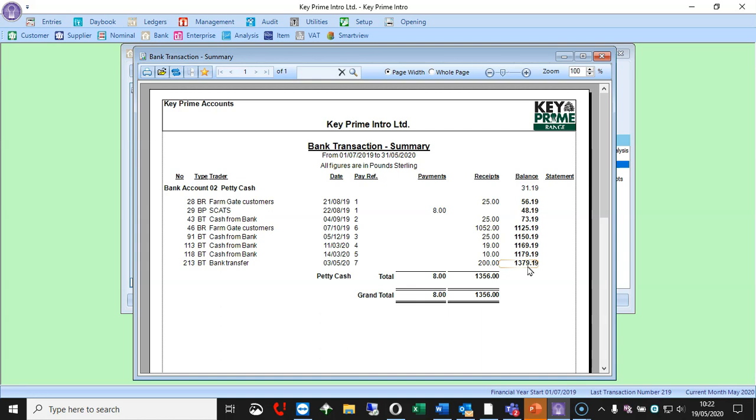If you have, and there's a difference, then we need to post either a transaction, a bank receipt, or a bank payment to get that to come back to the right figure. Some of you will say, actually, isn't that amount in the tin because I've had some out for my own private drawings, so you just need to post a bank payment to the petty cash for the difference between what is in the tin and what is on the balance here.